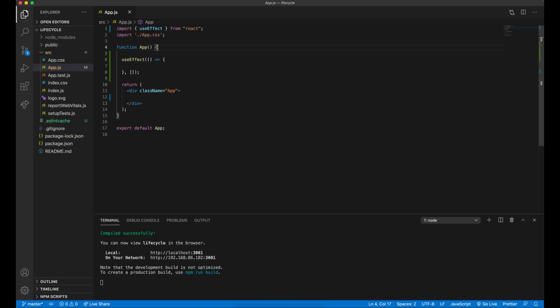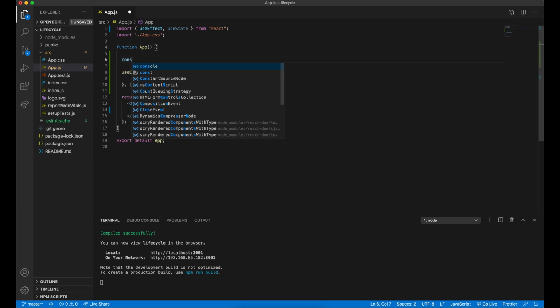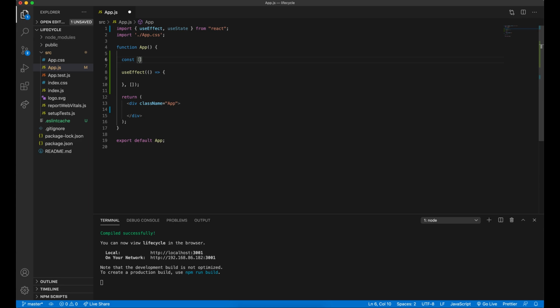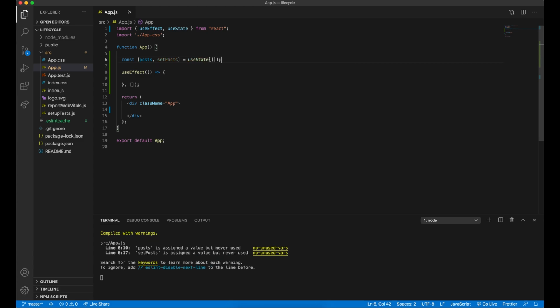So if we go back to our VS Code, let's go ahead and create a state variable for posts. So up here, besides useEffect, let's also pull out useState, which is what we talked about in the last video, in order to create a state variable for our component. And the way that we do that is we say const, and then square brackets, the name of our variable, which in this case, our state variable is going to be called posts, and then a function name that's going to set the value of posts. And then we'll set this equal to useState, which takes in this initial value, which is an empty array,